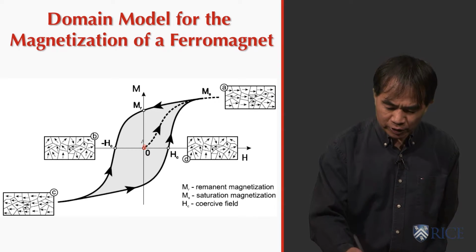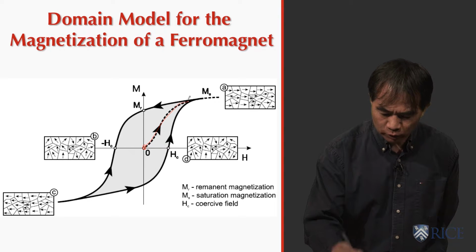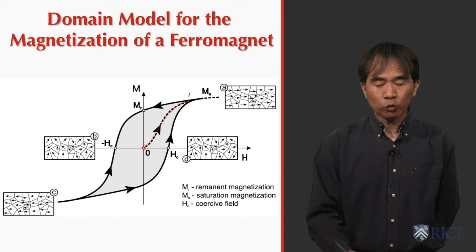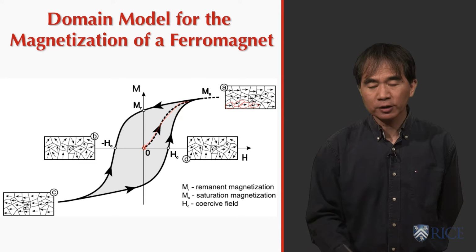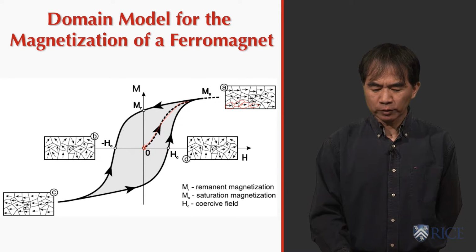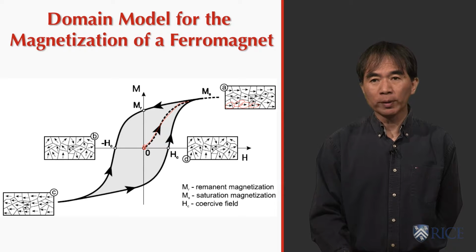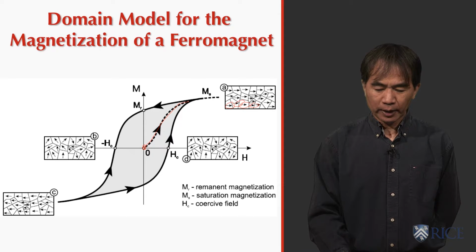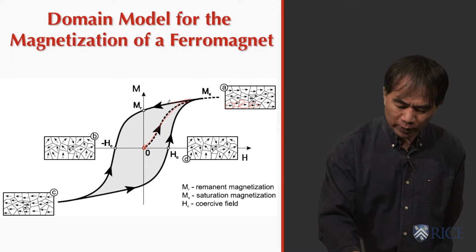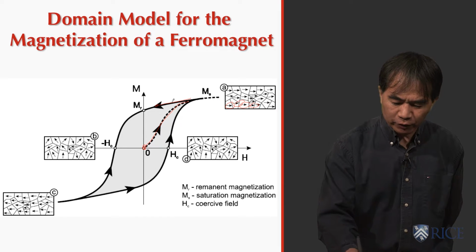As we gradually increase the size of the magnetic field, what we will find is that each of the domains will gradually be aligned along the direction of the external magnetic field, and eventually all the moments will be aligned along the field direction, and then your domain wall actually will cease to exist. And in this case, as you gradually crank up the field in the other direction, eventually you'll form